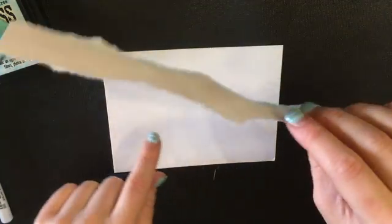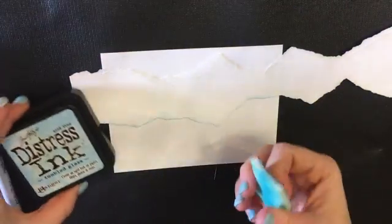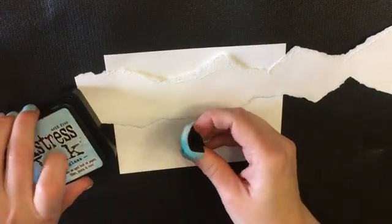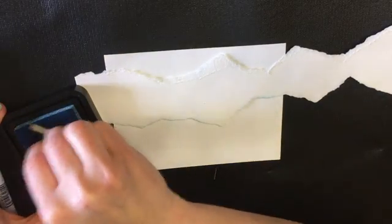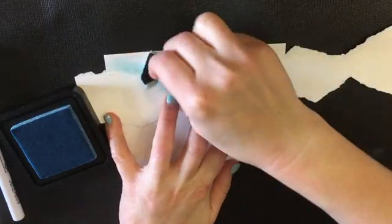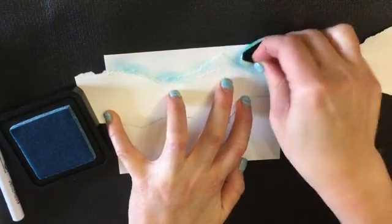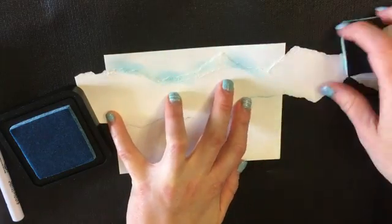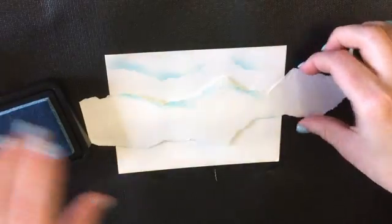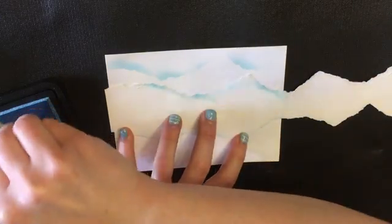The paper that I'm blending onto is just normal Michael's white cardstock, and so then I just dab some of my ink on it, and I just go along this paper line and I try to stay where it is so that I get some white above and then the blue is below, so you have the sky and the clouds. And then I move it over a little bit and I dab again,